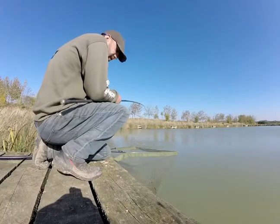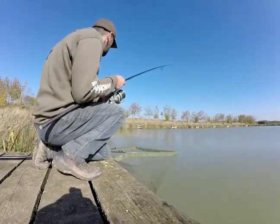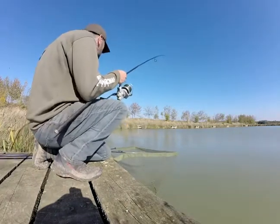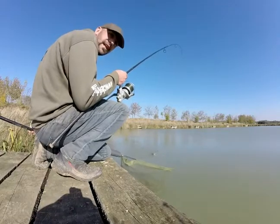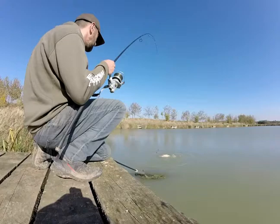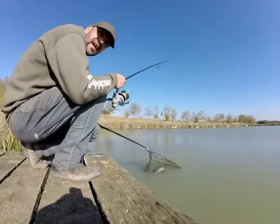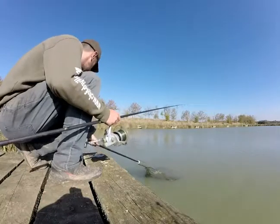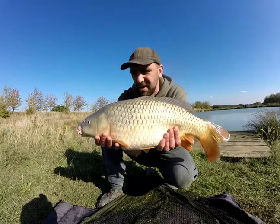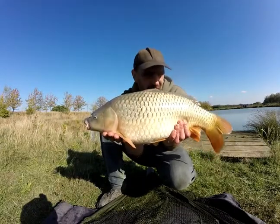Size, you're still going for it. Take a little bit of line as well. Nearly ready for the net. Edges ours. And there's the proof in the pudding. About a 6-pounder on the dumbbell